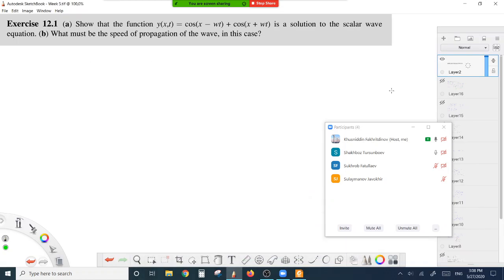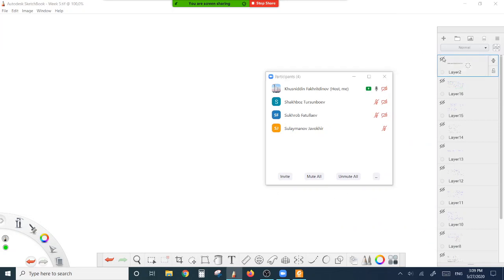Recording. Well, yesterday we have done a problem on how to show that some function is a solution to the scalar wave equation. Now today we have another exercise. In order to remind you,